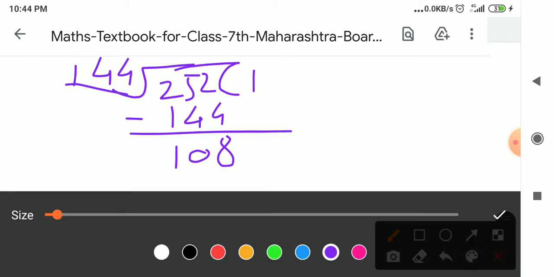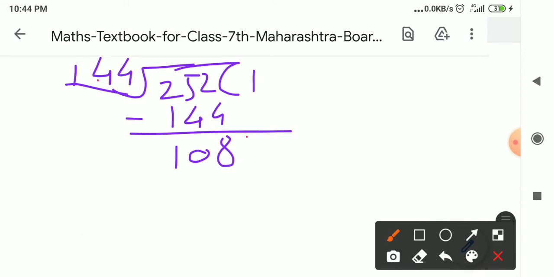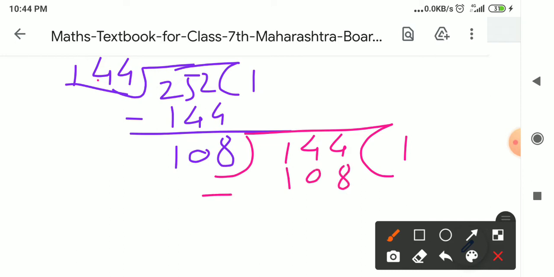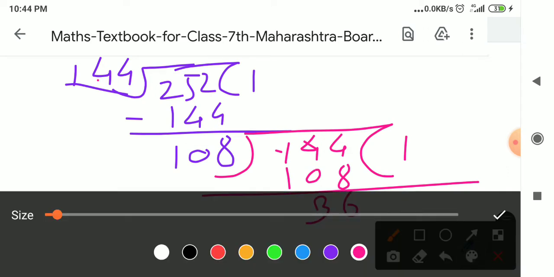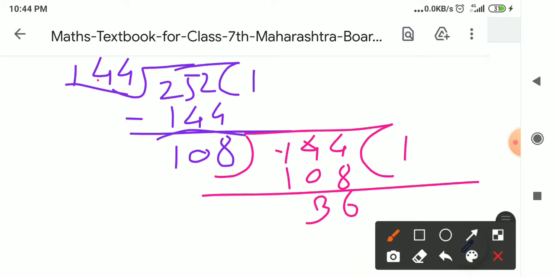After this, what we have to do here is divide 144 with 108. Just now I told you that 108 2s are 216, so we take 108 1s, which is 108, as the divisor. Do the subtraction. Here 14 minus 8 is equal to 6, and here it is 13, 3 remains, 3 minus 0 is 3, and 1 minus 1 is 0. Now 36 is the divisor for the number 108.